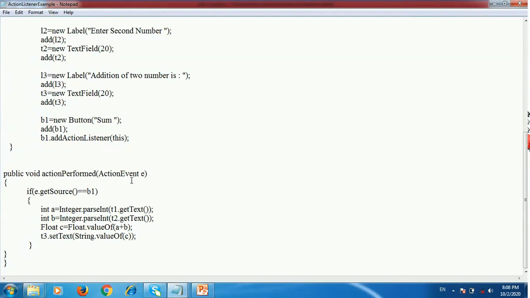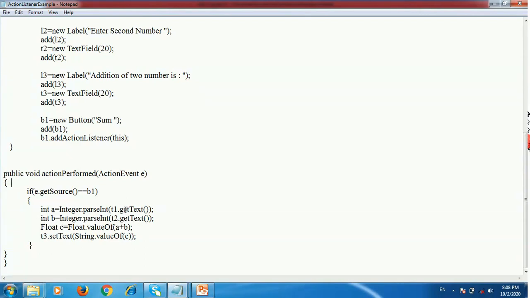This e is an object of the ActionEvent class. In that, if e.getSource() is equal to b1, then int a is equal to Integer.parseInt(t1.getText()), int b is equal to Integer.parseInt(t2.getText()).